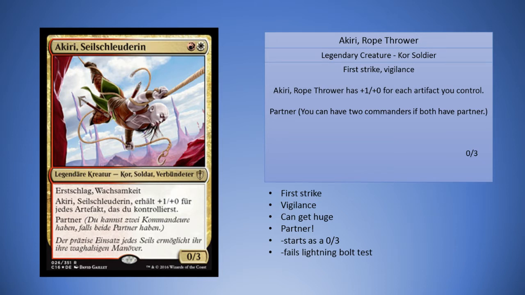Some of the downsides is that it does start as 0/3 if you don't have any artifacts at all, and it will pretty much always fail the lightning bolt test unless you can somehow bolster the toughness. It's overall a pretty good card, and yeah, I can see it being pretty good in a red-white